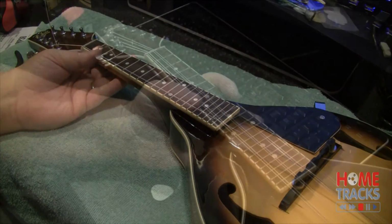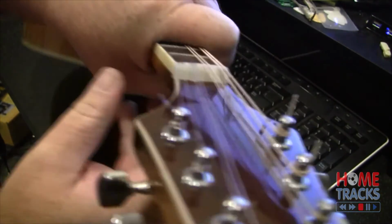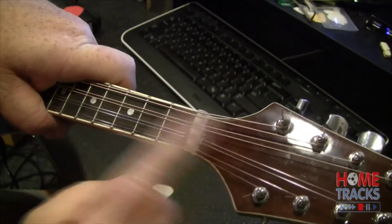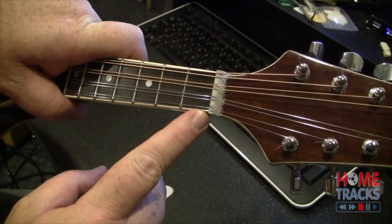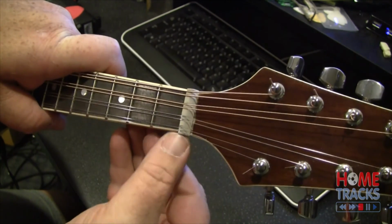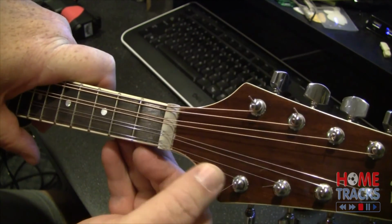So let's get the rest of the strings on. We'll try it out. Alright, so I got the strings on there, and the nut, I'll show you that, seems to be holding just fine. There it is. A little darkened by the graphite, but that's okay. Strings are holding just fine. One mistake I did make, I think, was I probably could have installed it a little towards the top here, because the bottom string here is not the best angle to the tuner,